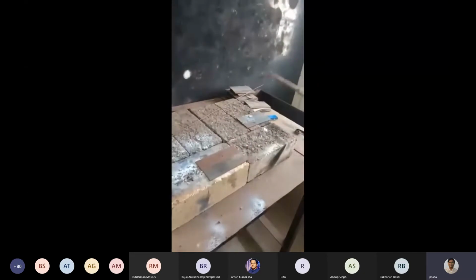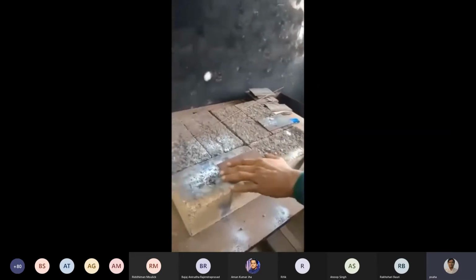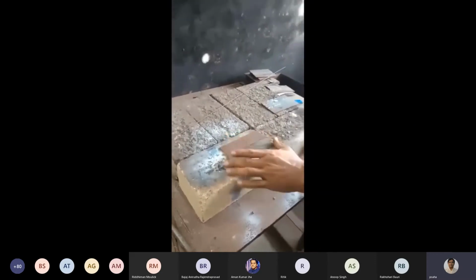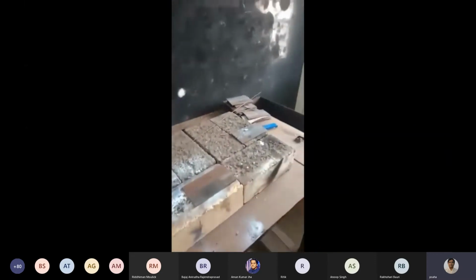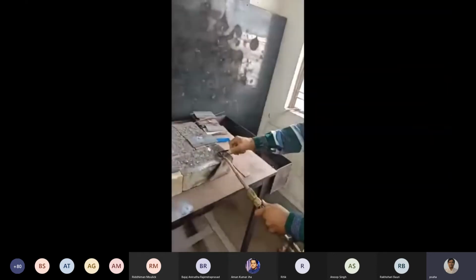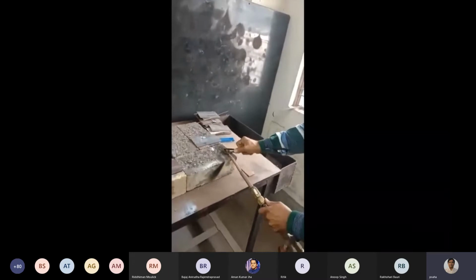Now I will show you the different types of flame. Generally, the neutral flame is widely used in gas welding, but I will show the three types of flame. First, before going for the flame, you have to open the acetylene needle valve. Just rotate it slightly and check whether the acetylene is flowing or not. Then with the help of the lighter, you have to burn the